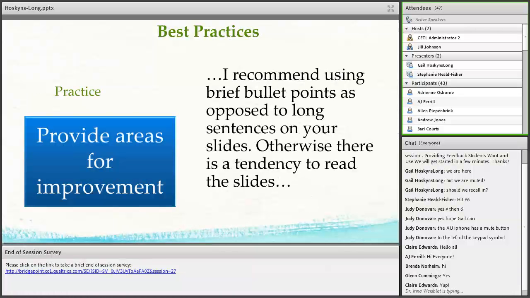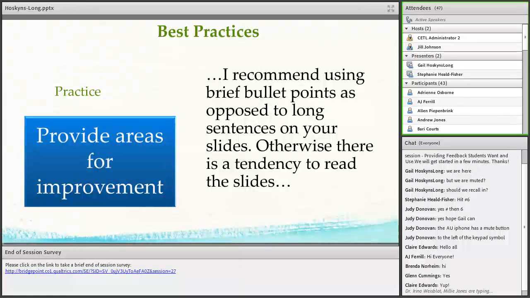The third best practice is to provide areas for improvement. To be useful, not only does the feedback need to measure how the student did on the assignment, it needs to provide a way for the student to be able to improve upon their work. You don't want to give back a paper with just a letter grade. This is an opportunity for you to tell the students how to bring their B grade paper to an A grade, or from a C grade to an A grade.